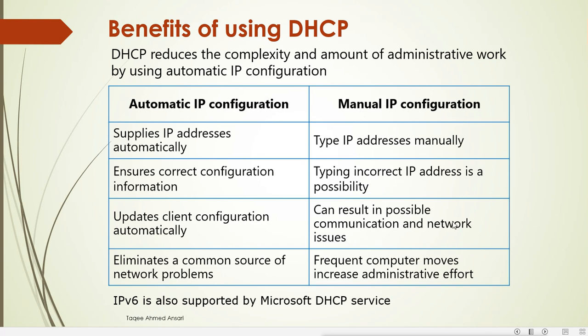For example, I configure the IP address on one machine, then I keep configuring the machines 1, 2, 3, 4, 5. And after 300 machines, I start using the same IP address again. Then what happens? It will become a conflict. When I configure the same IP address, that machine will show the conflict. It says that the same IP already exists, and then I have to find the machine that has the same IP address. So it can be a very difficult task.